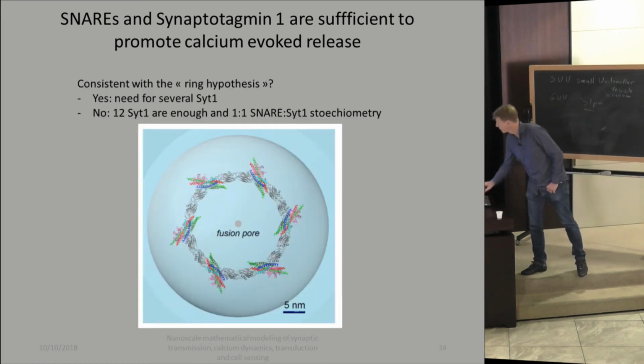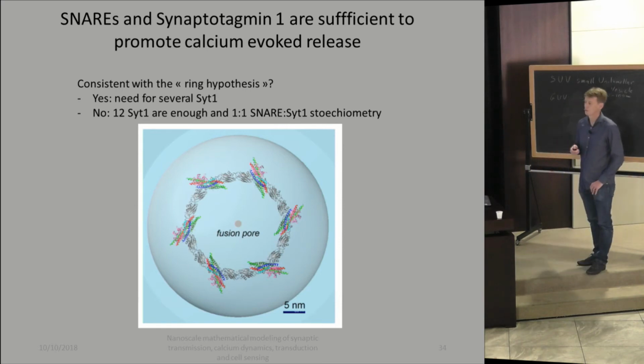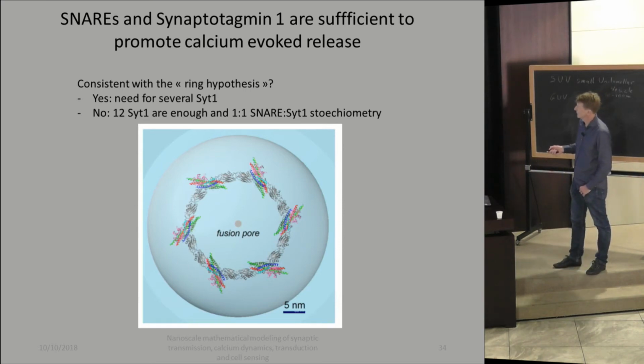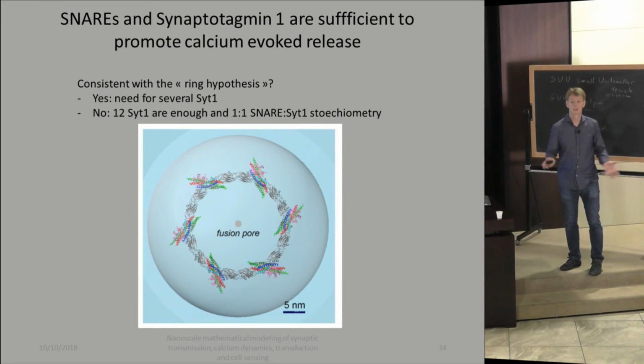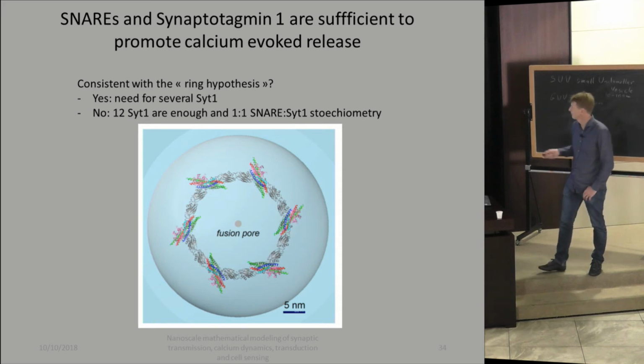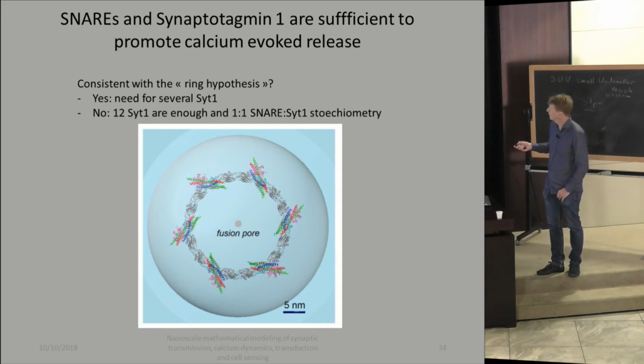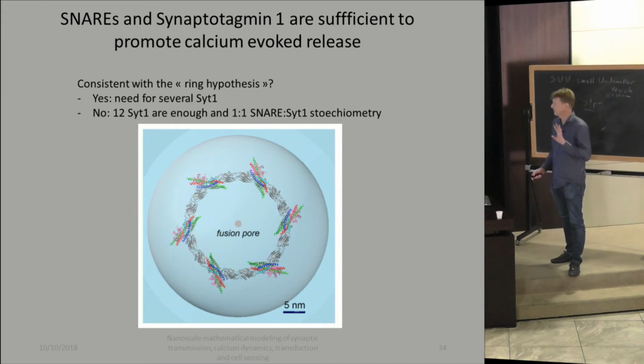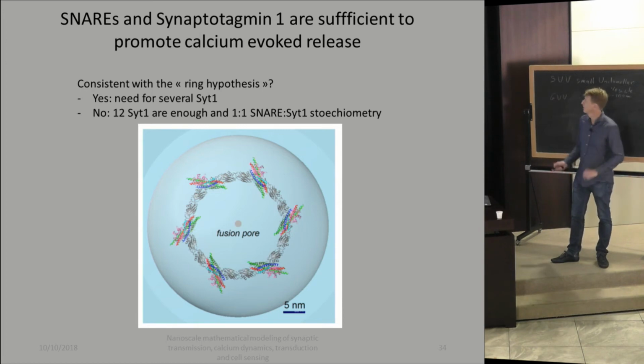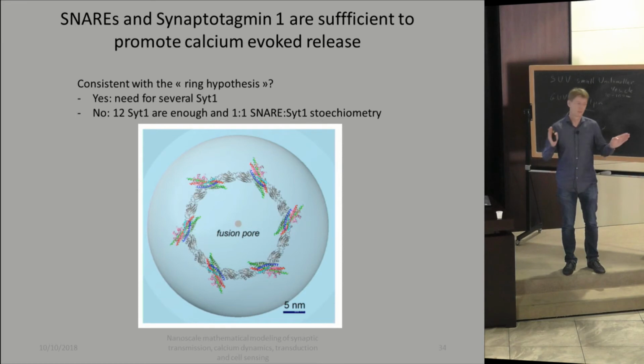What does it mean? There's a model that came out of the Rothman lab that synaptotagmin can oligomerize and make a ring. Right now the model says we can typically have 20 synaptotagmin, maybe 18 or 24, something like that. And there would be 1 snare every 3 synaptotagmin. From these experiments, it's not fully compatible with the model. It's compatible in the sense that if we have less than 6 synaptotagmin, it goes to spontaneous fusion. So it needs to have a collective effect.